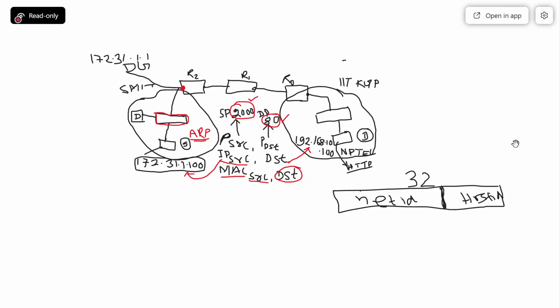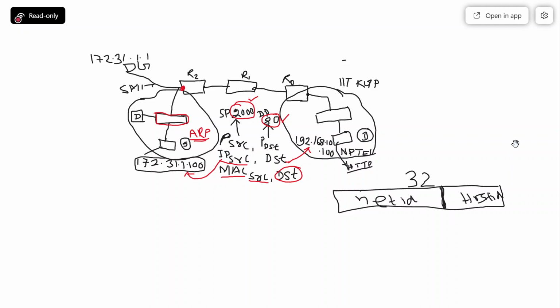First of all, it will see the IP address of the destination, and based on that it will see the net ID, which means the network ID. The packet switching will be done completely based on the net ID, that is, which network to go to. And it is very simple.